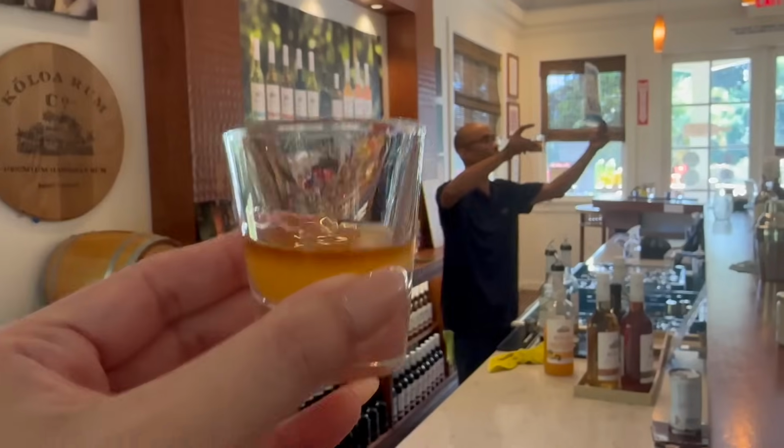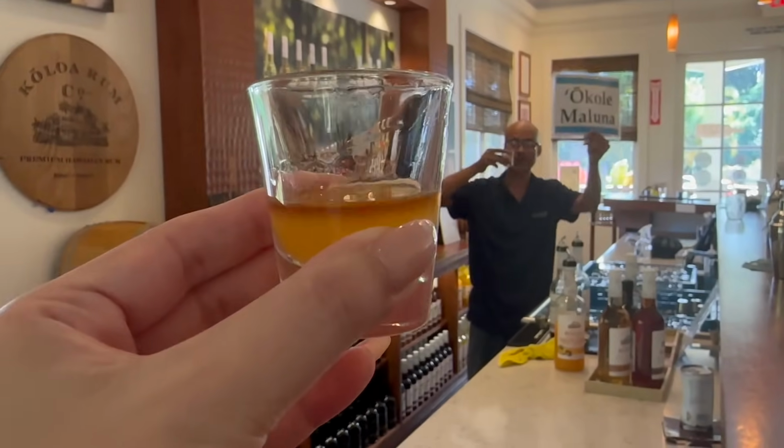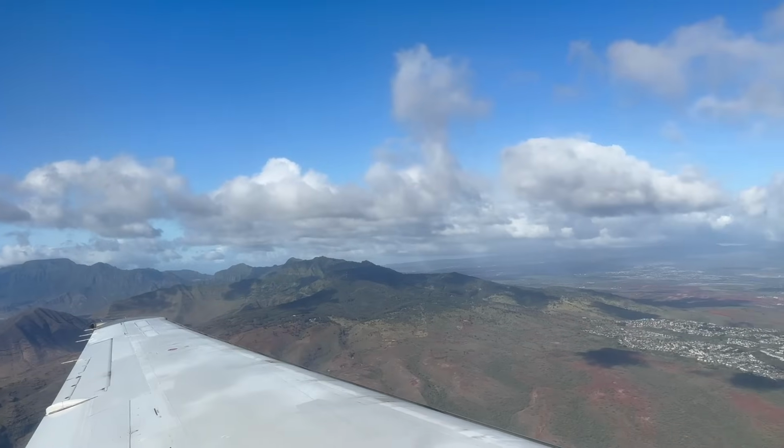Ooh. Ginger beer and other spirits are usually called mules, like the vodka, ginger beer, Moscow mule. They do whiskey and ginger beer and call it something else. And then straight from there, we had to get the plane